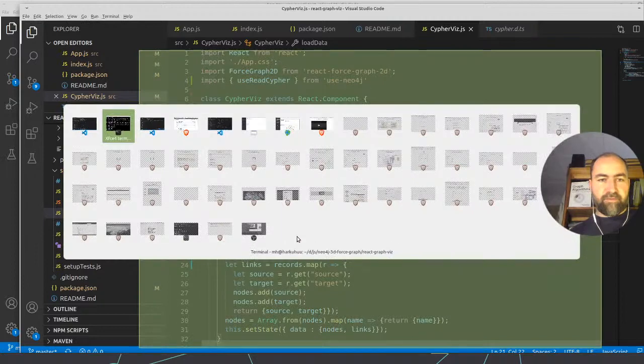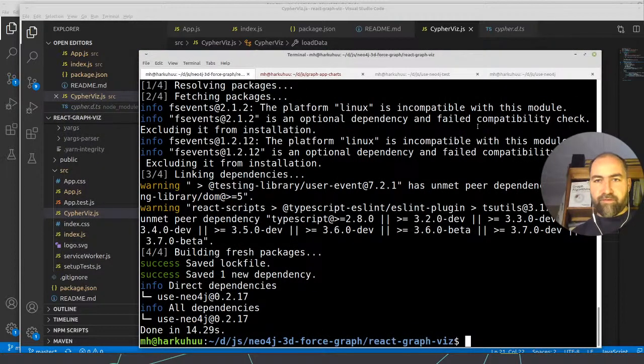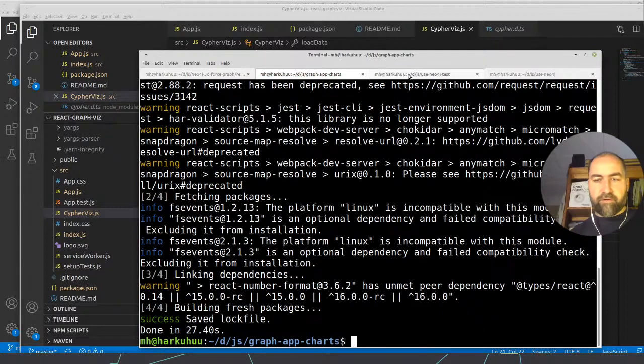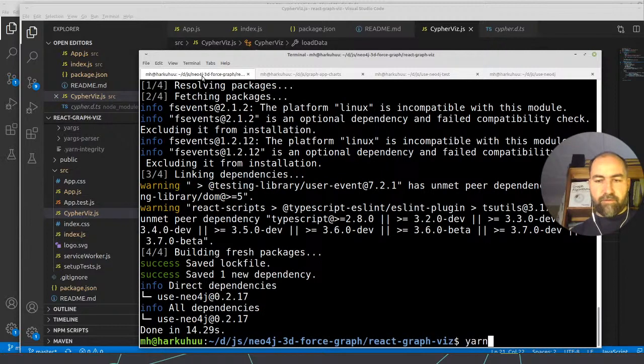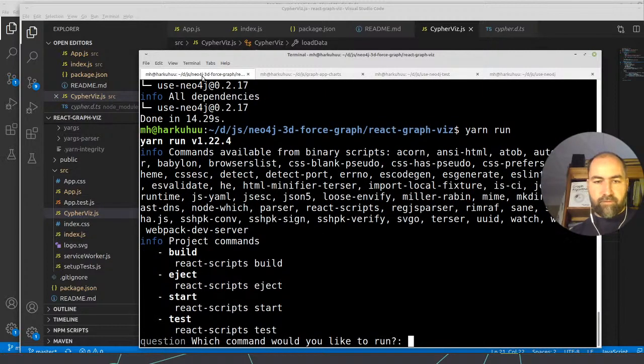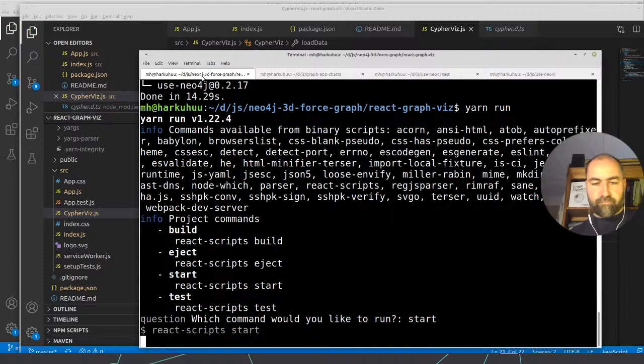Okay, so let's see what happens if you run this. So this was pretty easy and simple, and I just wanted to see that we stop this, and then we run start. So it should be the same simple logging form.